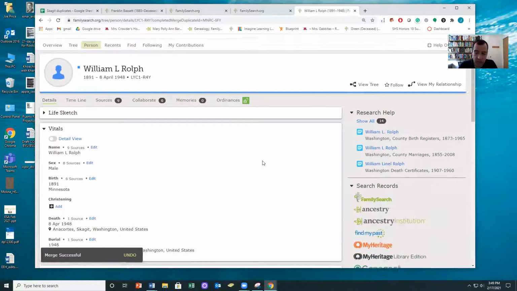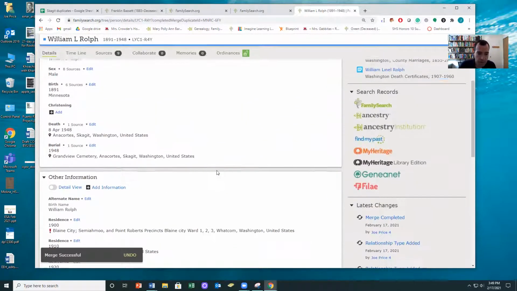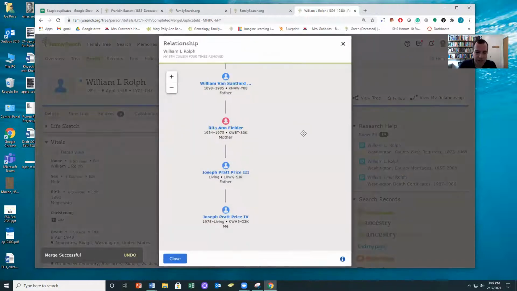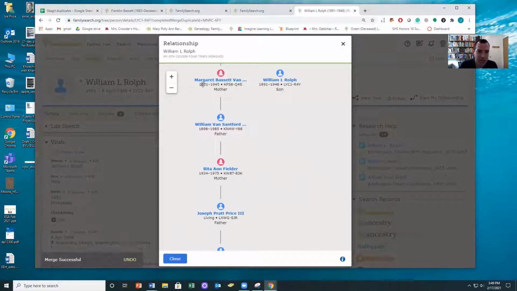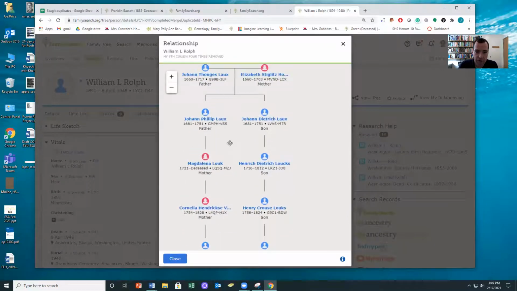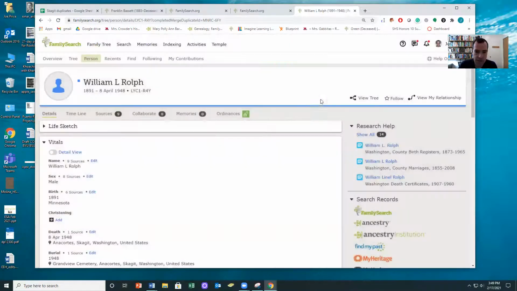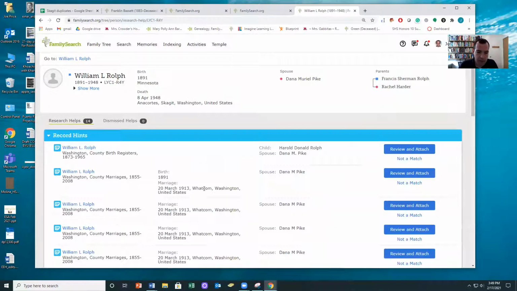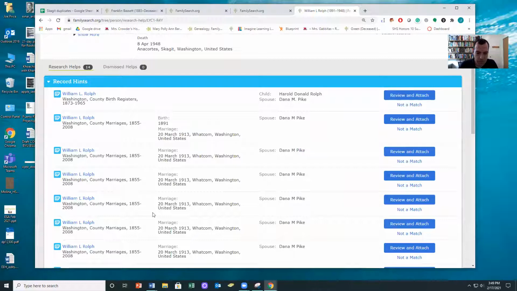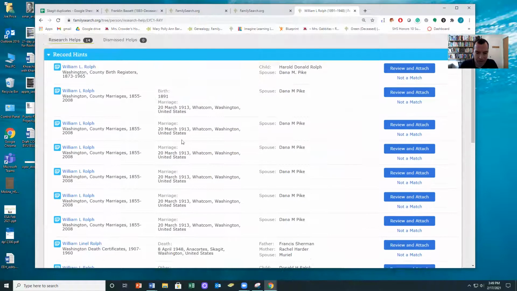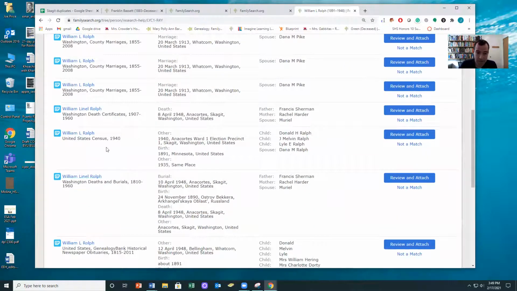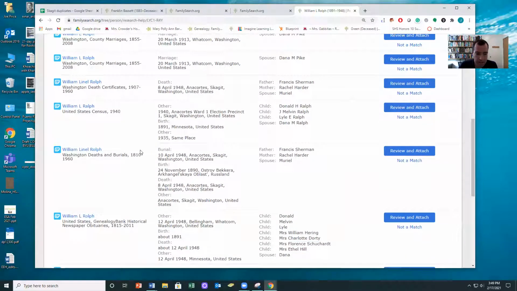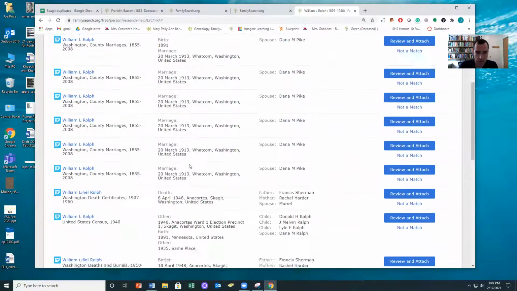Feel free at this point, if you want, to attach other sources to William. You can also see if you're related to him. So that's kind of cool. William's my 6th cousin, 4 times removed. You see that we'd have to go back pretty far to find our common ancestor, but it's still neat that he's a cousin. If I click over here, I can see some of the other sources. One thing that's kind of annoying is there's a whole bunch of duplicate marriage records. We're not really asking you to merge or attach all of those, but definitely if you see a census record like this 1940 census, that'd be awesome to do, or a death record or other things.